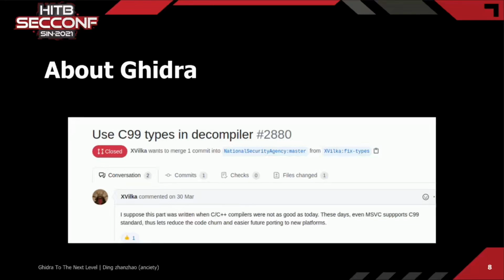This is one example of the historical code issue. The C99 types are now a standard, but still the Ghidra decompiler is not using them and uses something of its own. This kind of thing is quite common, especially in the decompiler code, especially about the coding style. Some of the coding styles have proved to be bad practice over the years, but that code cannot go away in the decompiler at a single glance. And because of that code, developing such components can be quite hard, which prevents people from introducing interesting